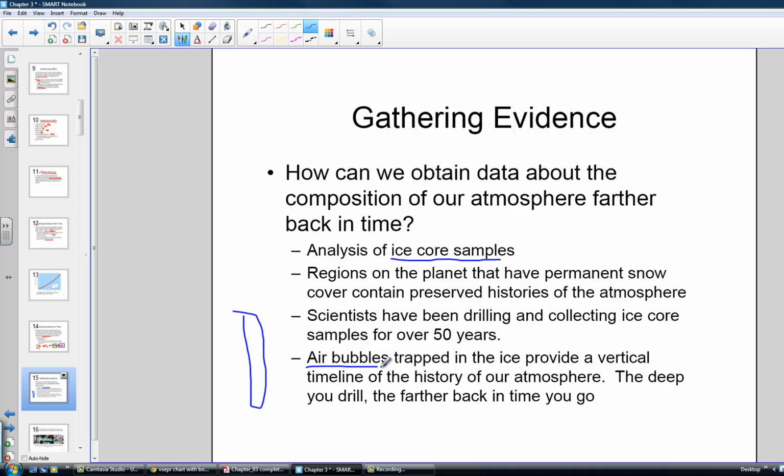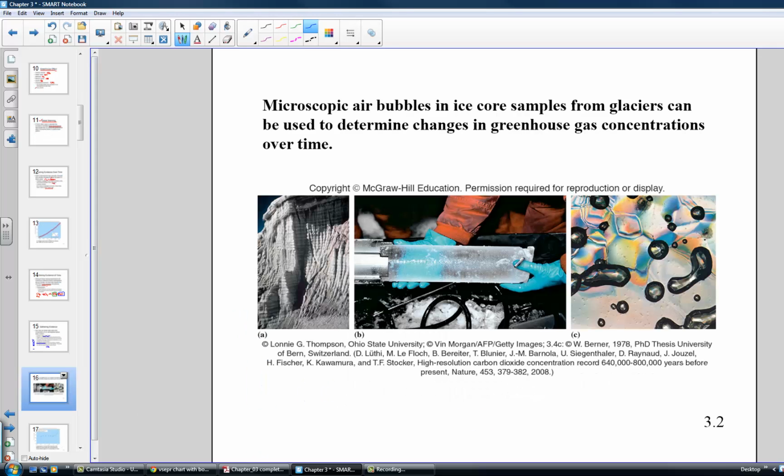Well, in any ice sample, you have air bubbles trapped. And those air bubbles can be analyzed into the composition of each gas present at that particular moment in time. So due to these little trapped air pockets inside of an ice cube, drilling down deep, we go further back in time. Drill down even deeper, you'll get further back in time. So the deeper you drill, the more history you're pulling out of that glacier. And we can analyze the composition of the air pockets and figure out how much carbon dioxide was present those many years ago. And that's what they're showing you here.